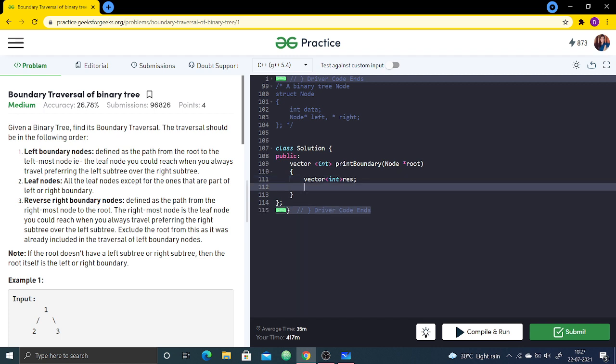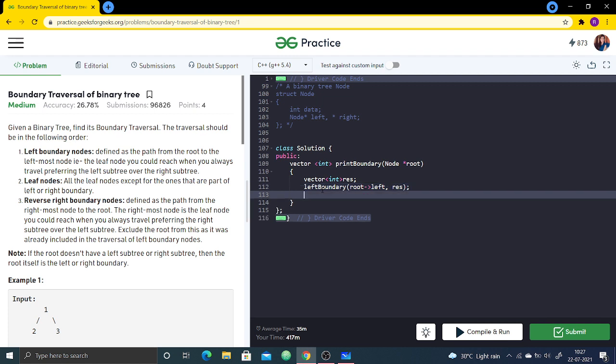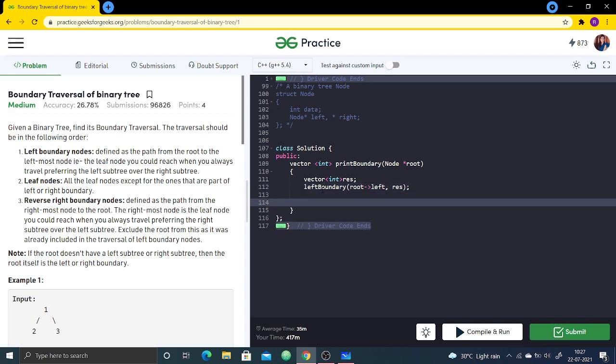Now first of all, we want all the left boundary nodes. So first we will call the function for the left boundary nodes. We will define the function, don't worry, but let us just call it and send the left node as a parameter and this resultant vector to store the result.